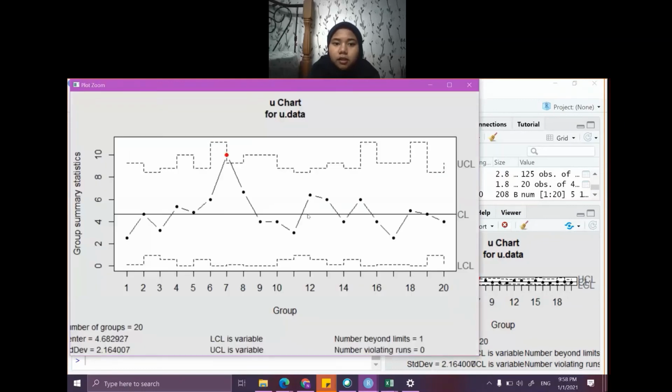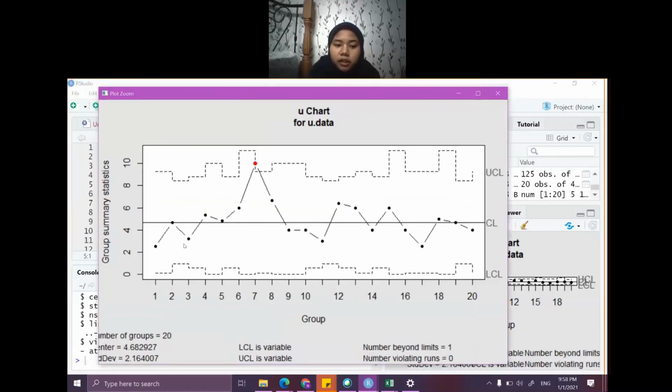As you can see here, the R software has already calculated all the values. The number of groups is 20, the center is 4.68, and the standard deviation is 2.164. The lower control limit and upper control limit are also calculated by R itself. After that, it also plots the data here. As we can see, this graph shows that